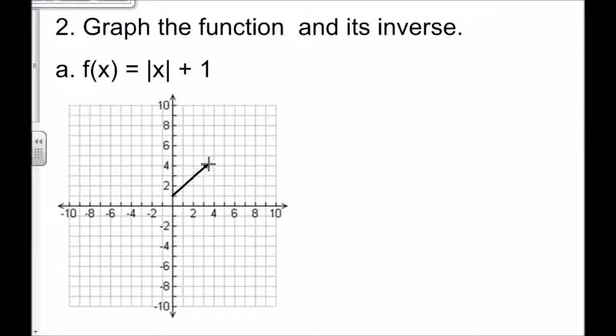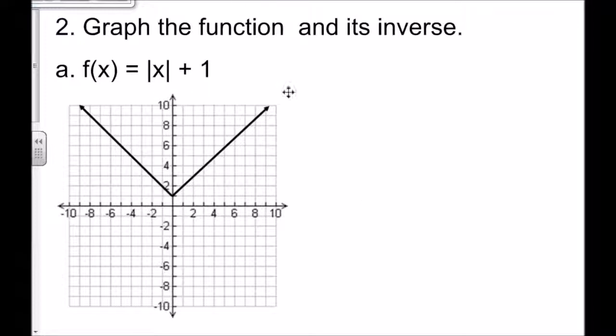and it goes up 1 over 1, up 1 over 1, up 1 over 1, and then on the other side, up 1 backwards 1, up 1 backwards 1, up 1 backwards 1. So there we go. There is absolute value of x plus 1. Now, to graph the inverse, I'm going to do this both,